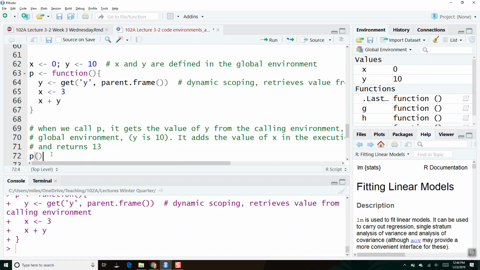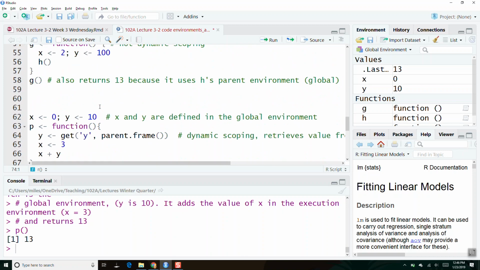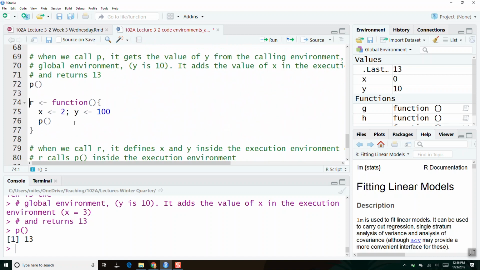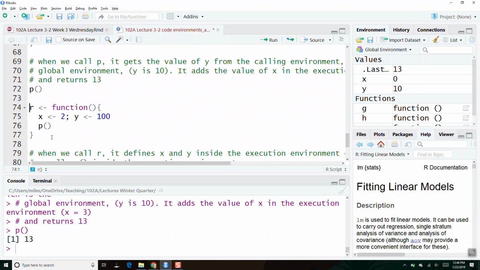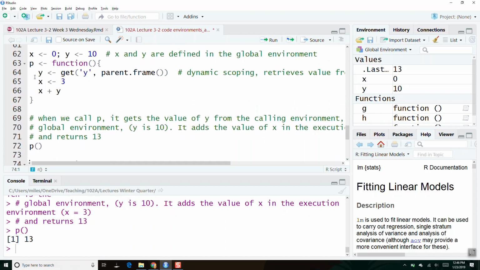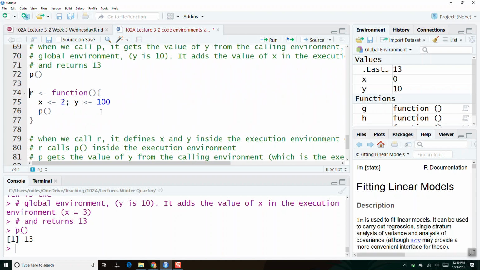So if I call p in the global environment, it's going to search for y from where it was called, and it's going to find 10, and it's going to return 13. Okay, so p takes on 13. All right, and this is where it's now different. R looks almost exactly the same as g over here. But the subtle difference is that with p, we're saying when you search for y, don't search where p is defined, but search for it inside its calling environment. So when you call r here,